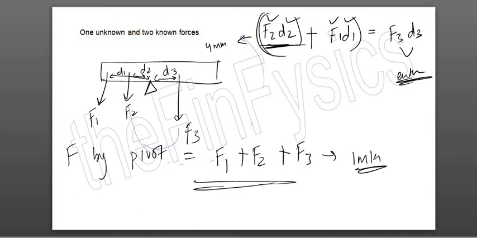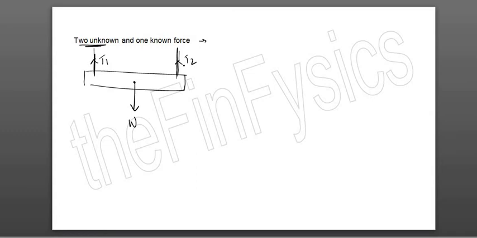This is one type of problem. Another type of problem is where they give you 2 unknown forces, but they will give you 1 known force. Okay, so here is an object. They will tell you that this object is supported with 2 ropes. Okay, the rope has tension T1, this has tension T2, or they might just give 2 pivots over here exerting some upward forces. Then we all know that from the center the weight of this rod is acting. Okay, in such cases beta, now these are 2 unknown forces, this is a known force. Remember, they will tell you that the principle of moments is applicable or this rod is in equilibrium. Okay, then they will tell you to find T2.